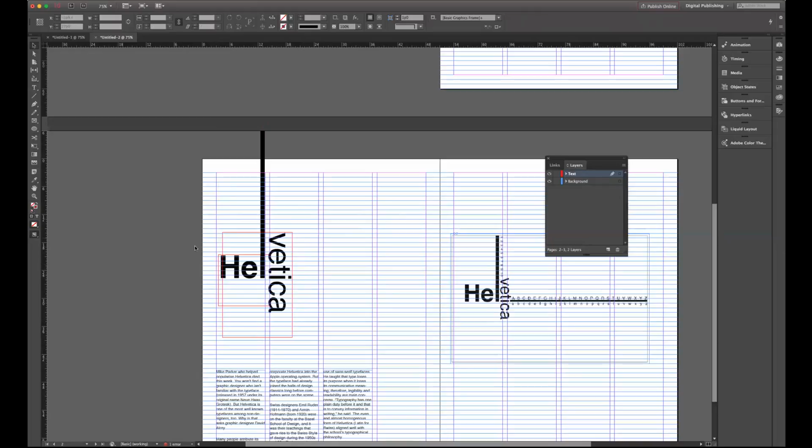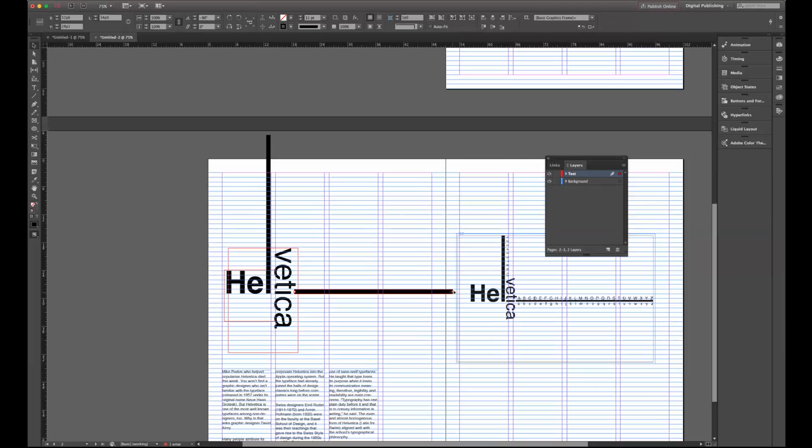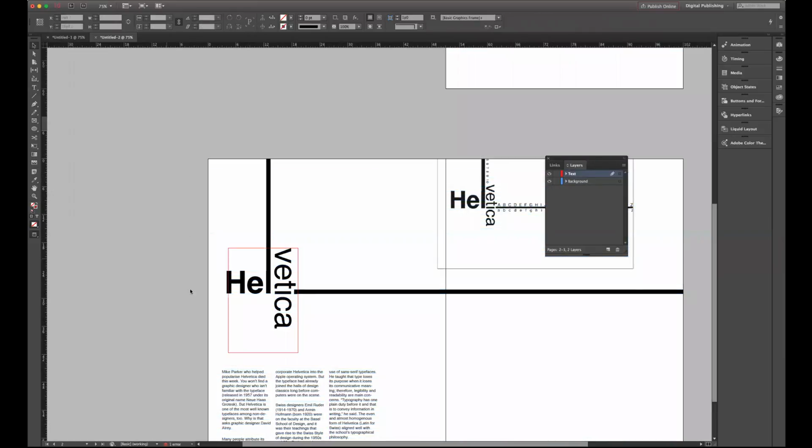There we go. And then I'll take this line and just rotate it. That'll be the continuation of the letter I. And it can go across this page even. All right, and then that gives me my base.